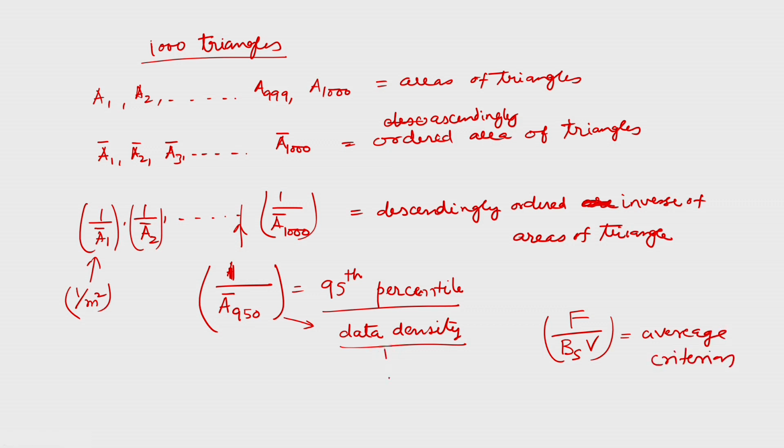But this way I have a point criteria, or the point data density. So that is a better one. The point criteria is much better than the average criteria over a large area, right? So now we have validated the uniformity of the data as well as the data density after the data acquisition.